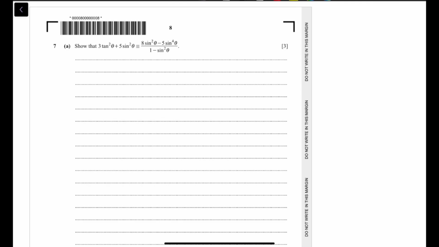Question number 7, part A. Show that 3 tan squared theta plus 5 sin squared theta is equivalent to the following. If we take a look, there are no tans on the right hand side, so we're just going to turn that into a